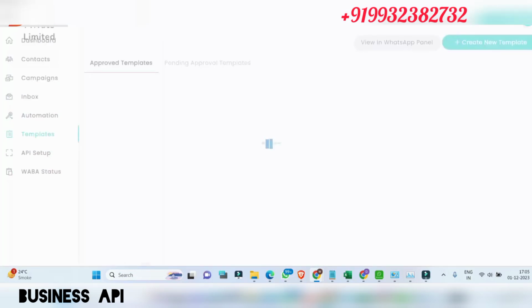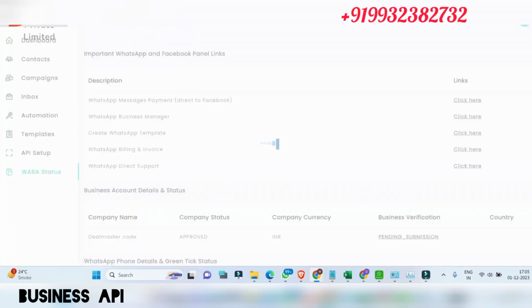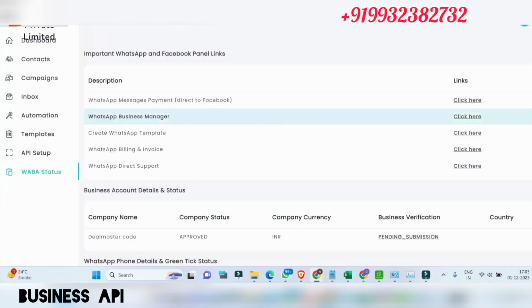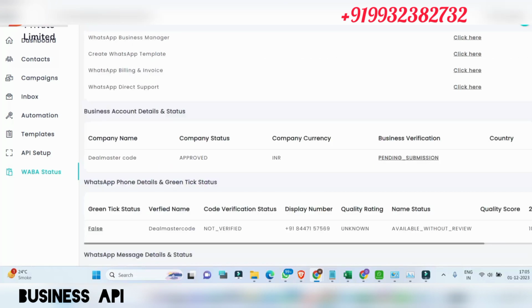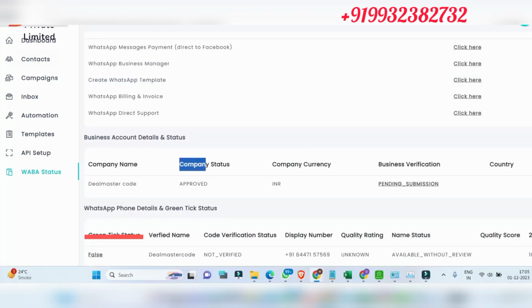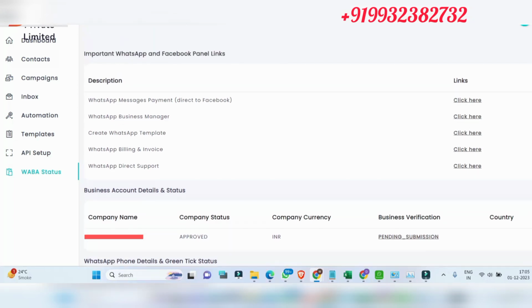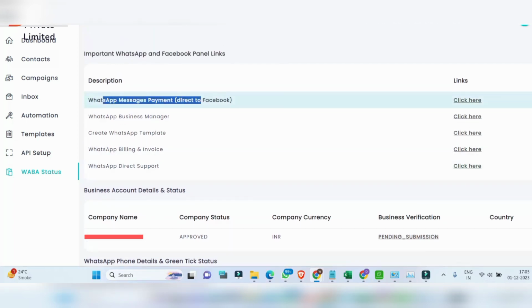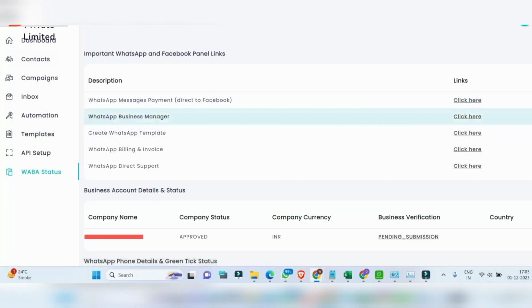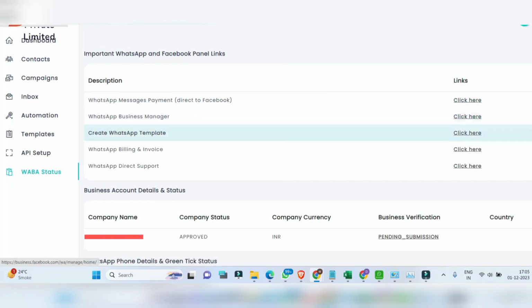Template setup. What's the business status? This is the part where we can do multiple things. Our company status is approved, company name, business verification. After that, WhatsApp marketing, payment direct to Facebook. We can set the payment here. We can access WhatsApp Business Manager directly from here.